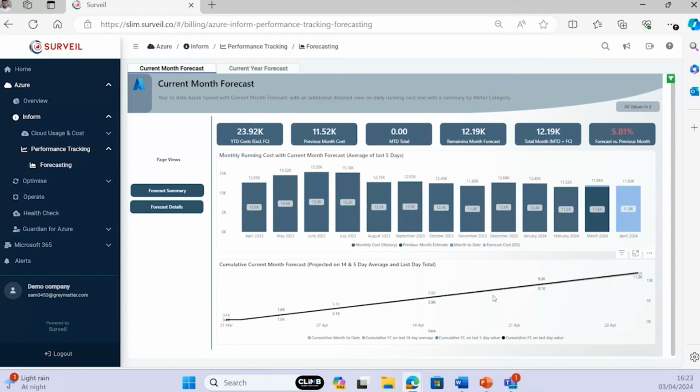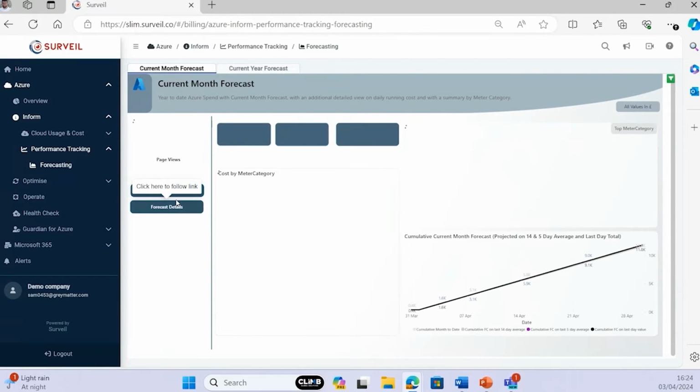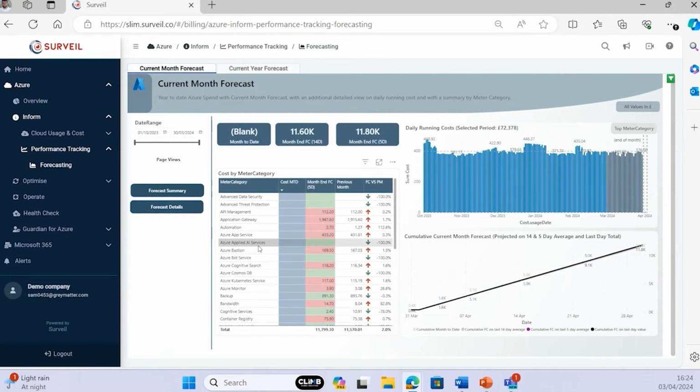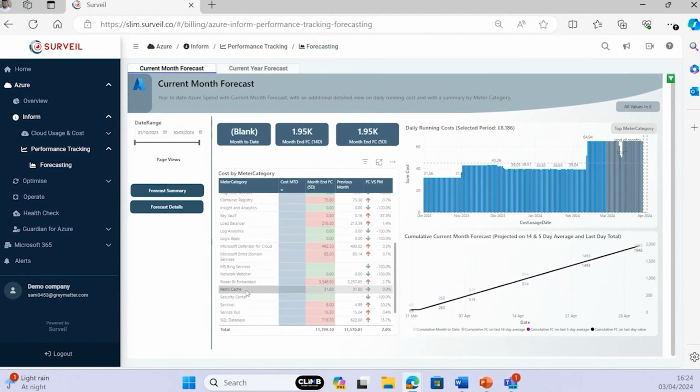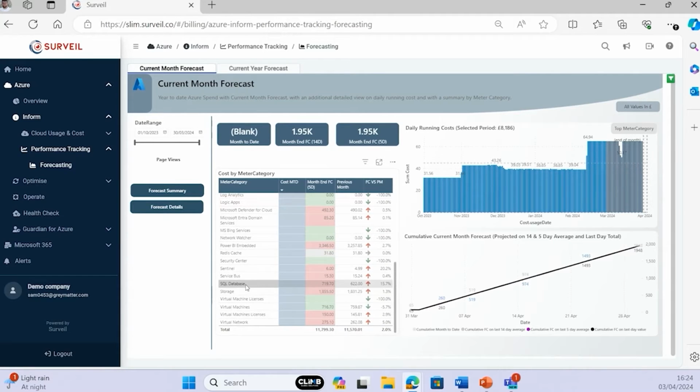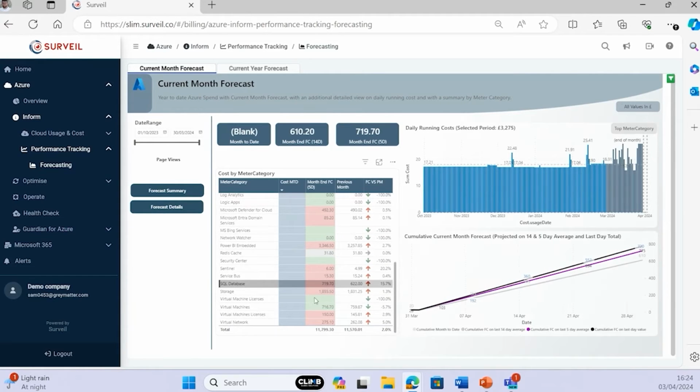So if something happened tomorrow, we want to be able to take action straight away, and we'd be able to see that 1-day line having a bigger spread, so we could take action straight away. Now, if I highlight the individual details, so we can see if I just click on certain resources, some of these are actually similar. If we go down and pick a different resource, so SQL database,